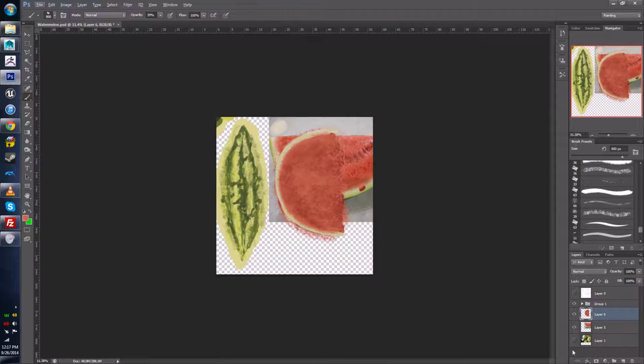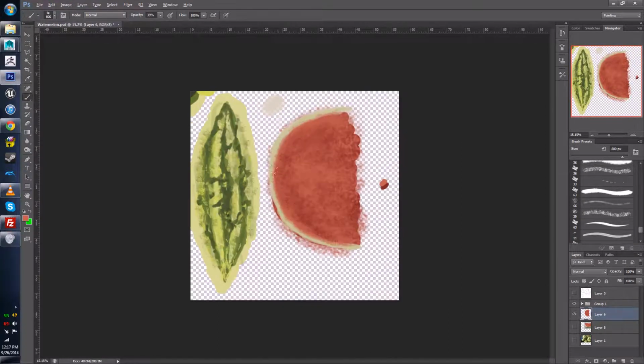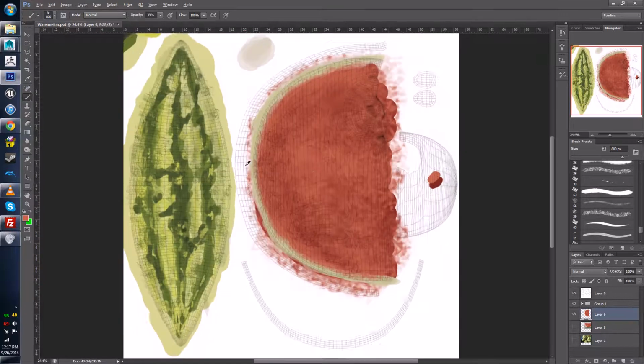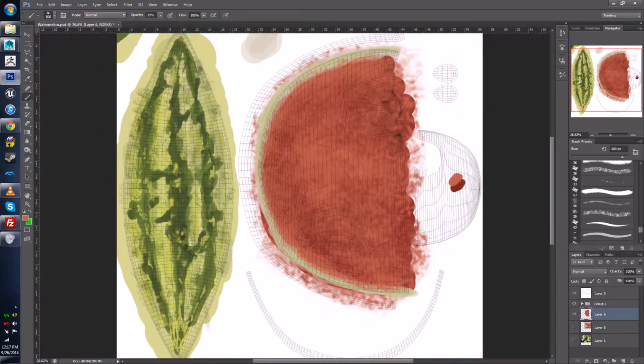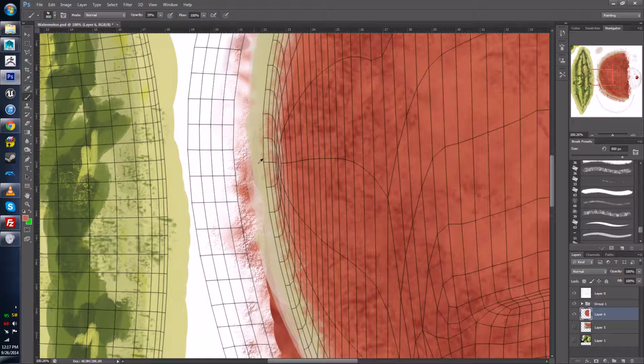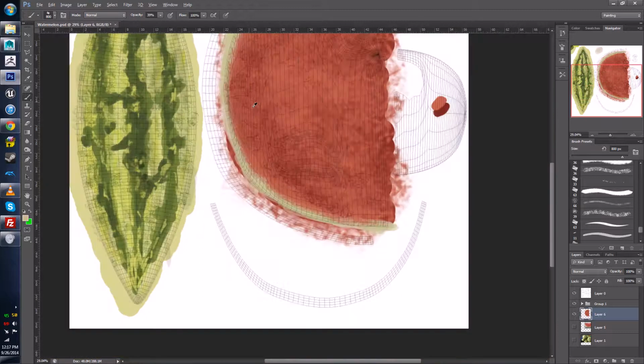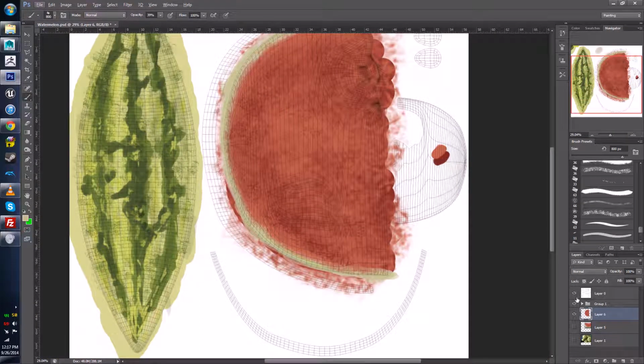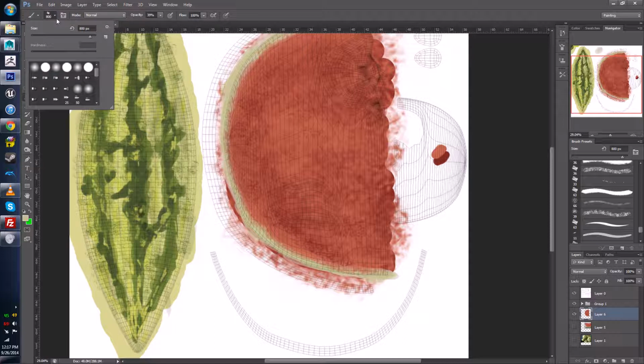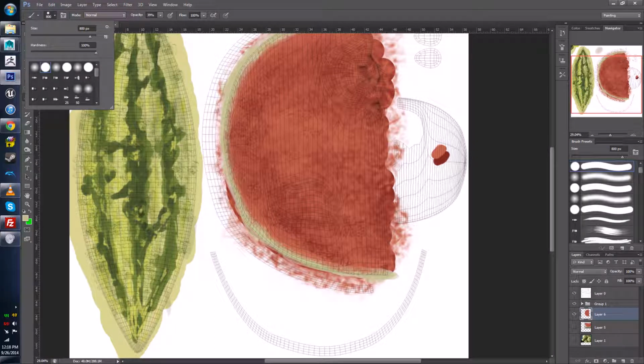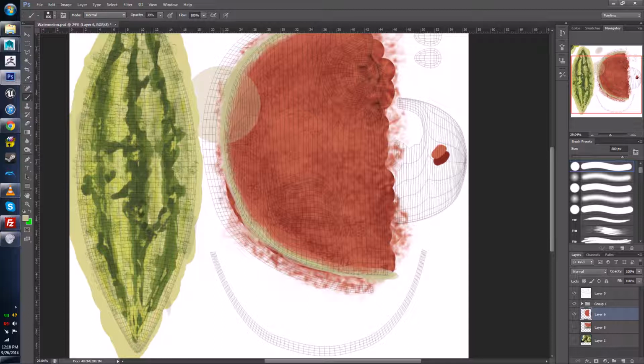Alright. So let me turn off my texture reference. And the last thing we need is the actual white rind. So I've already chosen kind of a color like this. So I have to make sure that it's at least that dark. And I'm going to go into my hard brush. Set my opacity to high. Make a new layer. And just right away start